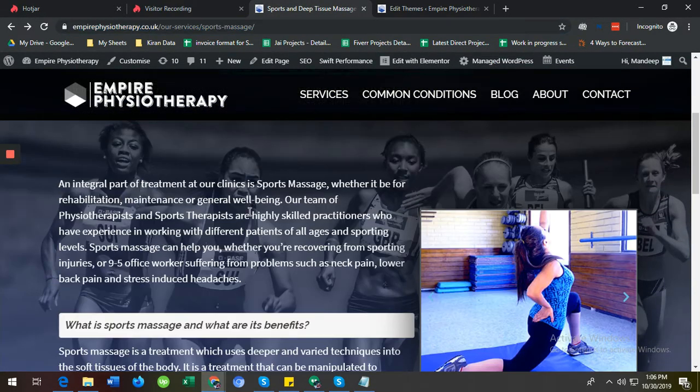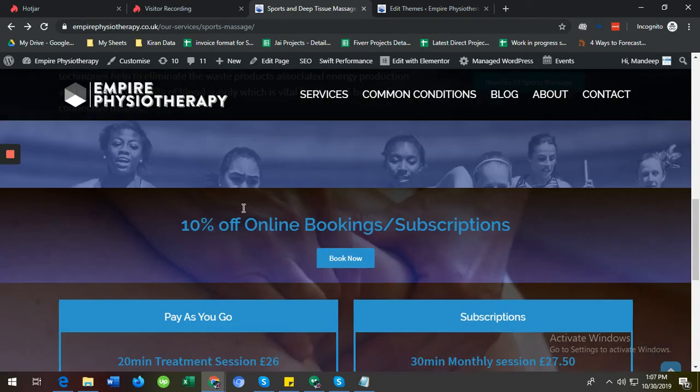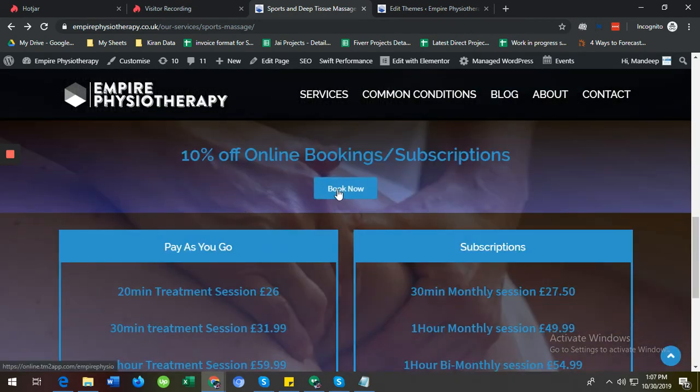Let's suppose a user is coming to this page, but he's not clicking on the book now button. What you can do is change the color of this particular button, or change the wording, like from 10% off you can add an 11% discount, 11% off.